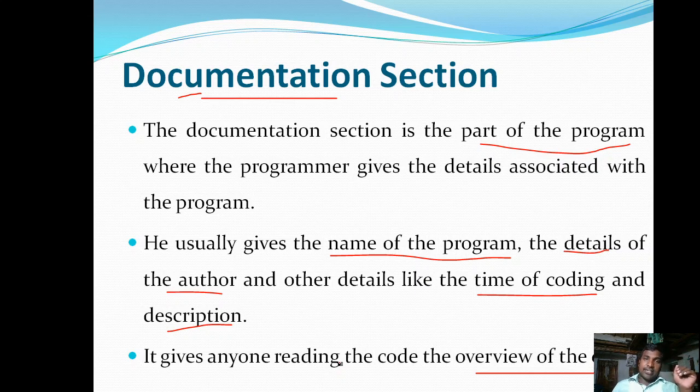Because this documentation section consists of not only the author name and the time and date of writing, it also consists of the objective of the program: what task we are performing, and how it is happening. The description about that program can be written in the documentation section.